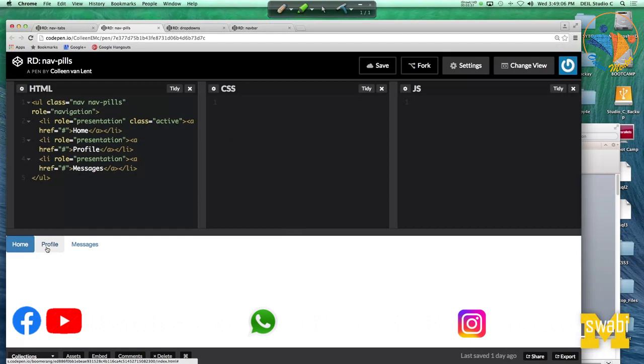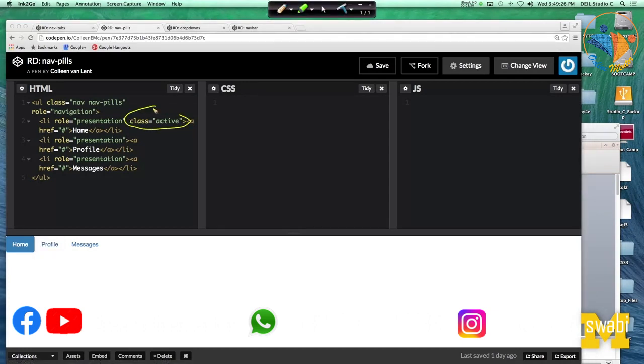Here, you can see that each one of the links basically has a different color. So you can go in, this one is blue, the other ones are white. They all have that kind of same square look. The reason that this one is blue and the others aren't is because I've added what's called an active class. This class right here says, oh, I want to distinguish this link from the other links, so let's make it a different color. I can play with that code, and I can change it so that instead of having this link be active,